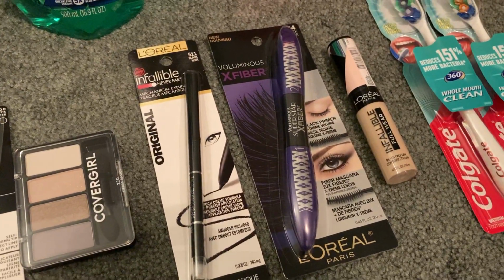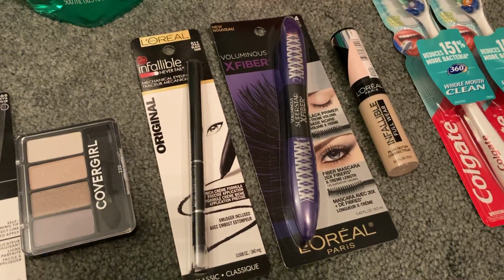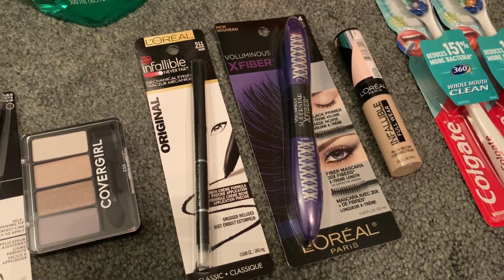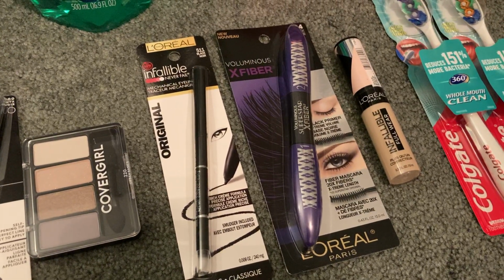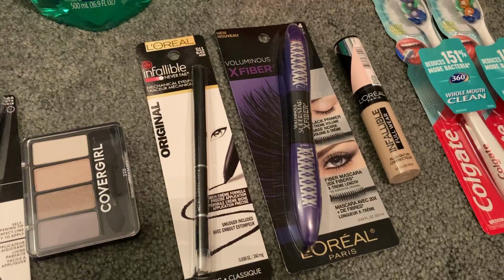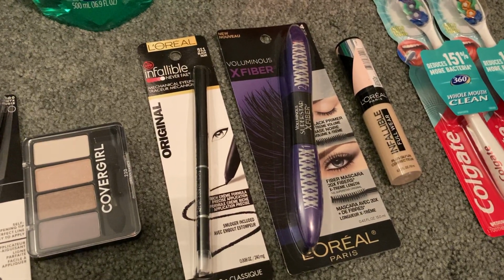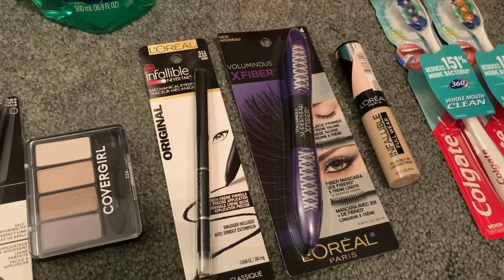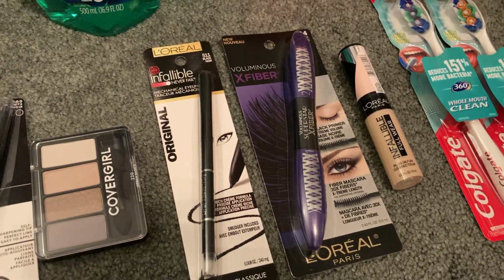Next, I grabbed some L'Oreal. The L'Oreal this week is spend $12 and get a $4 extra buck. It is a limit of 3. So I grabbed one of the L'Oreal Paris Extra Fiber Mascara at $12.99. I also grabbed a L'Oreal Paris Infallible Full Wear Concealer, and this was